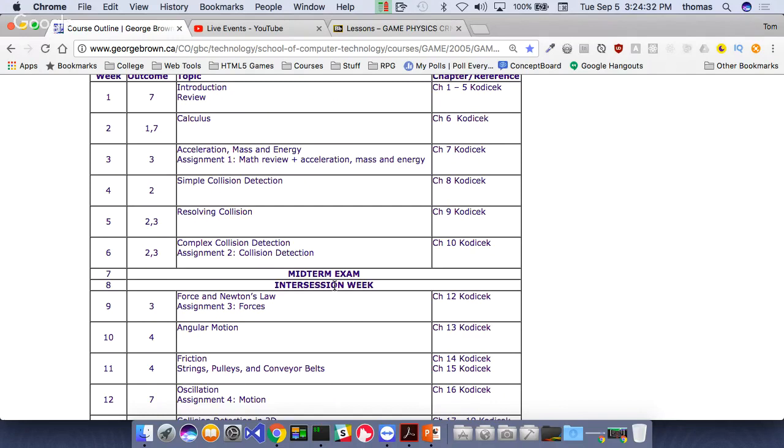So that's how the tests are going to be structured. They're fairly straightforward. But again, I want to train you for the tests. So in your assignments, you're going to get questions to fill out. The assignments will take you a few hours to do. It won't be an hour and you're done. But it'll give you practice, because math is all about practice. Math and physics. If you don't practice, it doesn't matter.